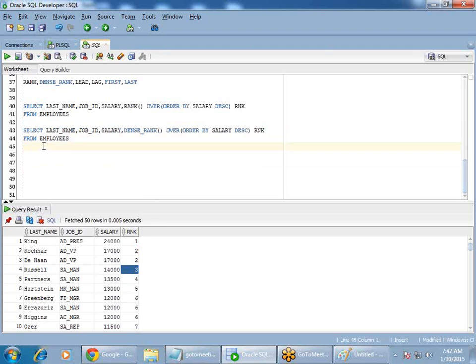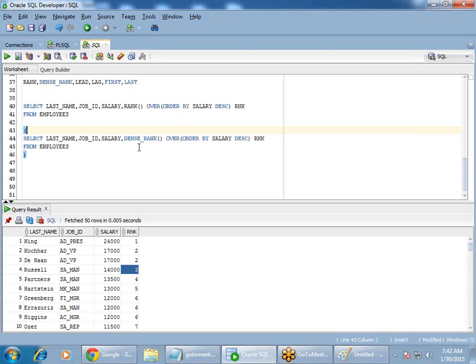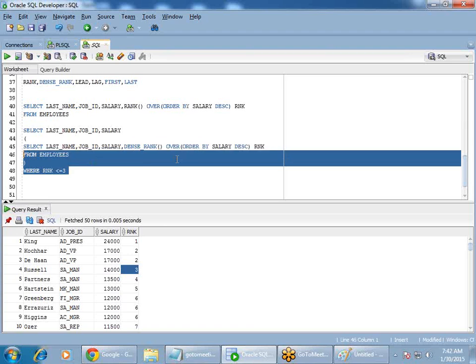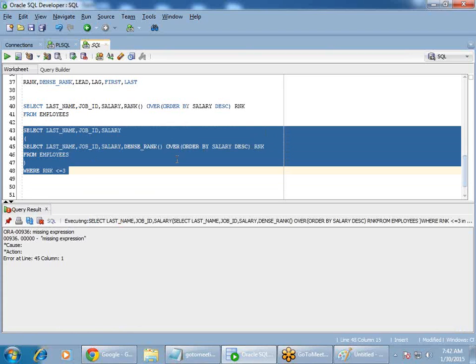If I want to find out the top 3 salaried employees, here I have to use an inline view because I cannot use this in the where clause of the query, and I can also not use the alias here. That's why I'm using this condition. When you want only the top 3 salaried employees, I need these details: last name, job ID and the salary. And let's say where rank is less than or equal to 3. Let's say I want to find out the top 3 salaried employees. So when you try to execute,